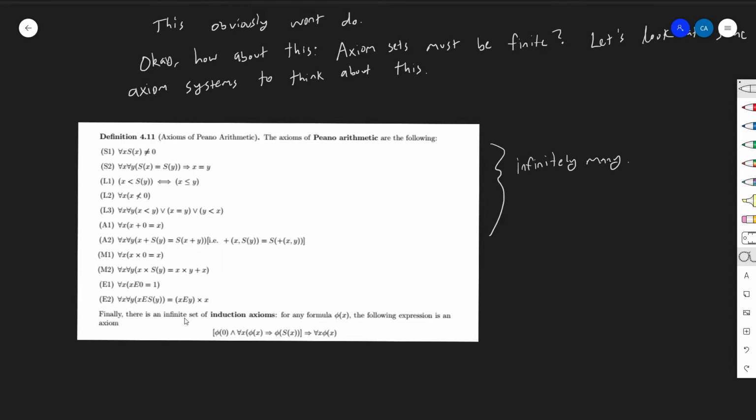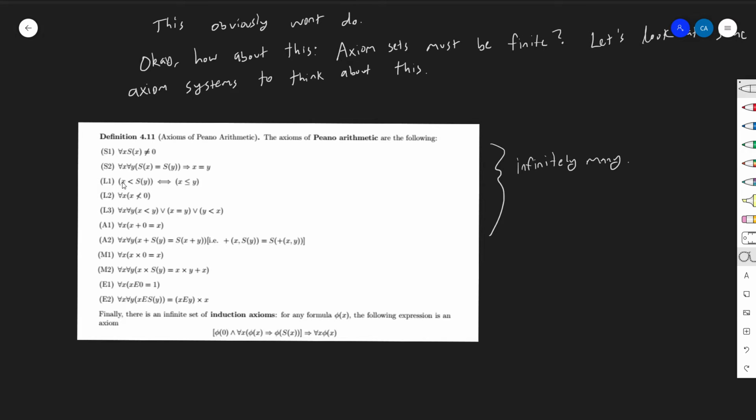If you've ever taken a discrete math class or something, then you're very familiar with induction. And these induction axioms, you'll know then, are pretty important. And there's more than one of them. We're basically saying that there exists an axiom. Don't worry about what this really says. I'm not even going to get into what it says. But what it's really saying here is that there exists an axiom for every formula. For any well-formed formula which has a single free variable, I have an axiom. That's why there's infinitely many here.